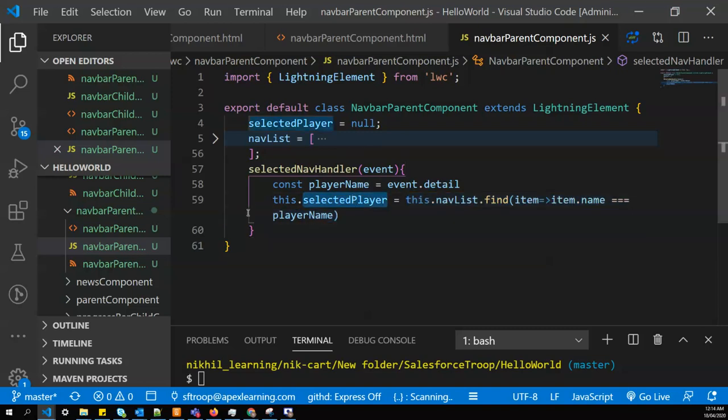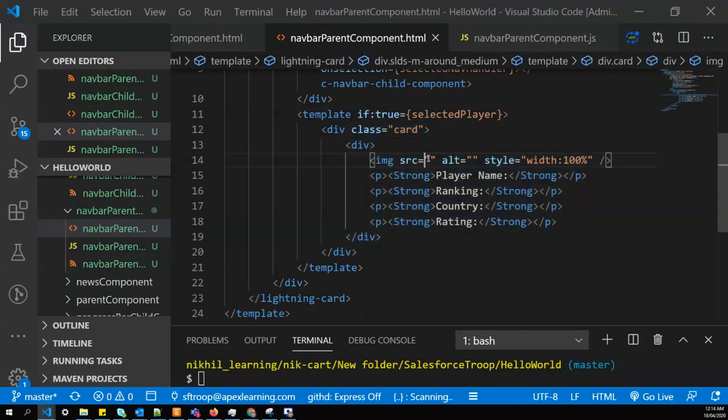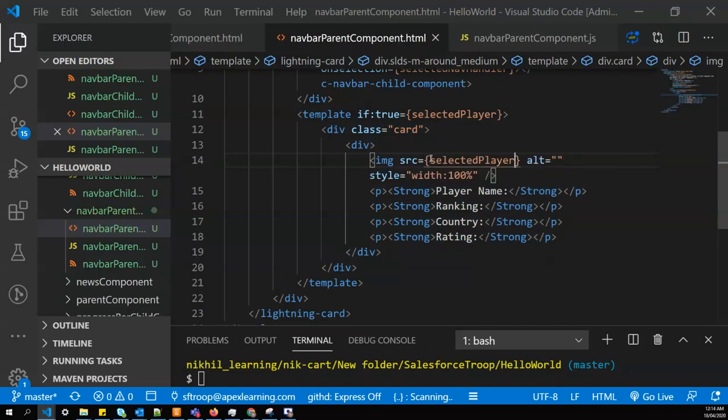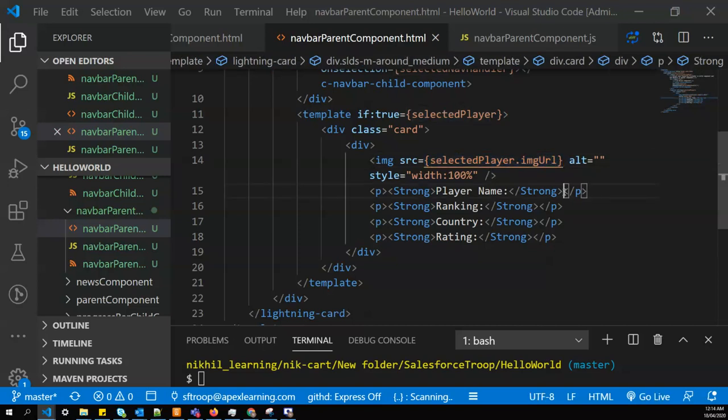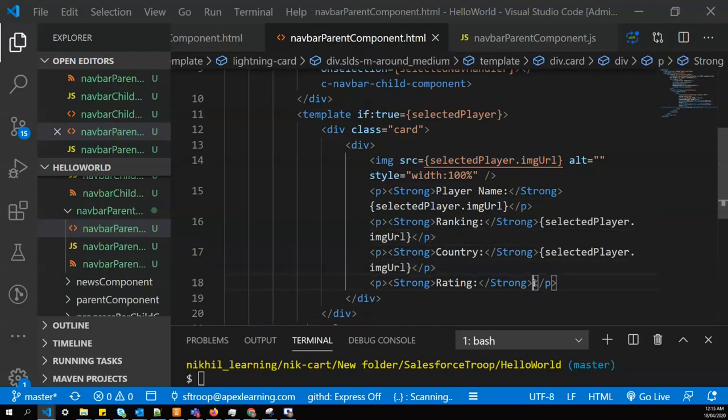So once this property is there, I'll bind my HTML card property. Here it will be selectedPlayer.imageURL, and likewise we'll go through all properties.